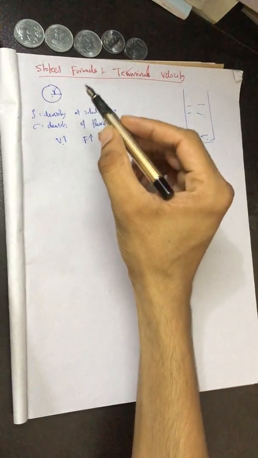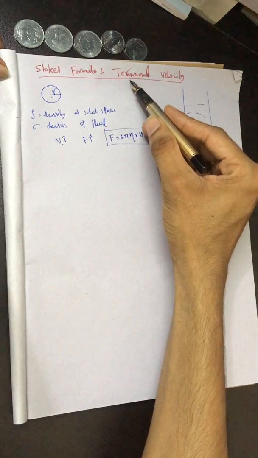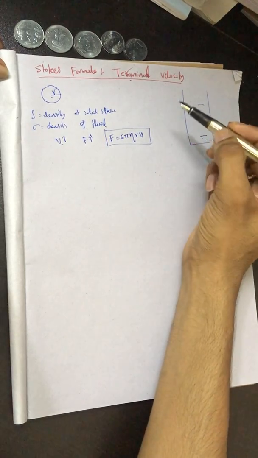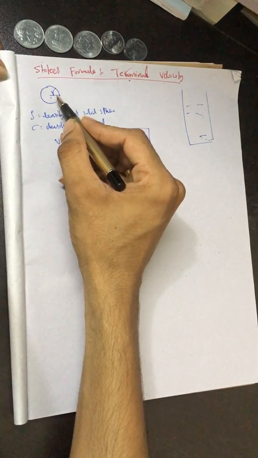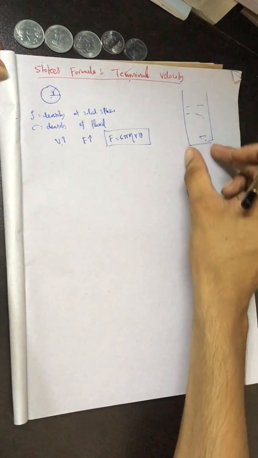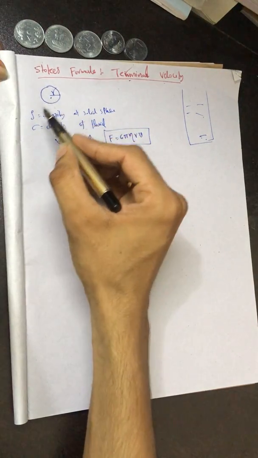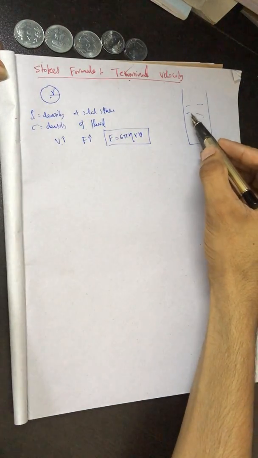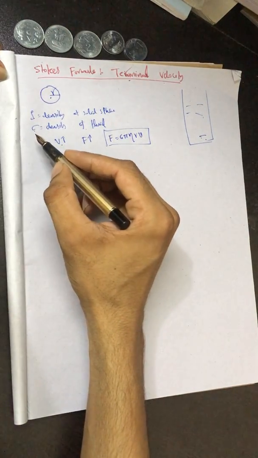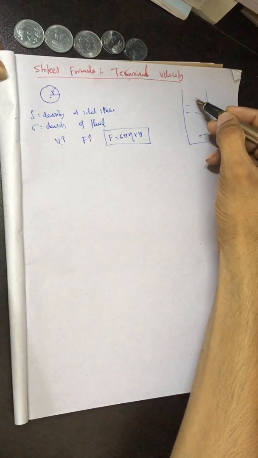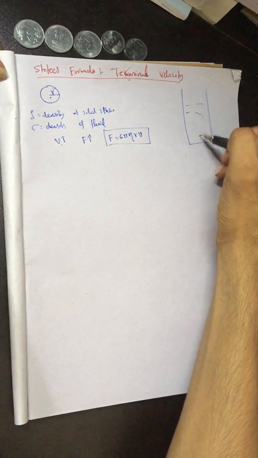Hello. Today we are going to talk about Stokes formula, as well as get an expression for terminal speed. We have a solid sphere with radius r and a liquid in a container, a column. The density of the solid sphere is rho, and the density of the liquid filled in the column is sigma. When we drop that solid sphere inside this liquid column, this sphere will get into the liquid